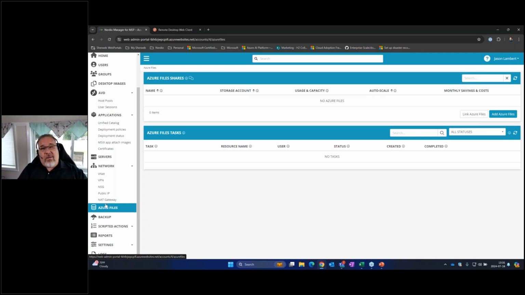So Azure Files is in the same vein. You could set it up and say, anything accessed within the last 60 days is going to remain on-prem, and then everything that's 60 days and older would be uploaded to the cloud for long-term keeping. And then if you want to get that back, or somebody needs a file, they can just log in and get it. There would be a little bit of latency because the system is downloading it first before the user's actually getting it. So you can have that set up.